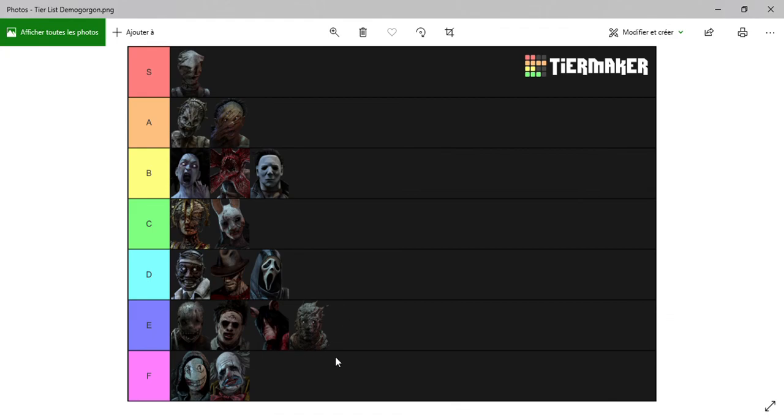Oh god, oh god, oh god. The F tier. Okay, the F tier, those killers, those powers are pretty fucking useless. Legion. Oh god. Okay. What the fuck happened to Legion? Legion got completely destroyed. Like I said last time that we talked about this,